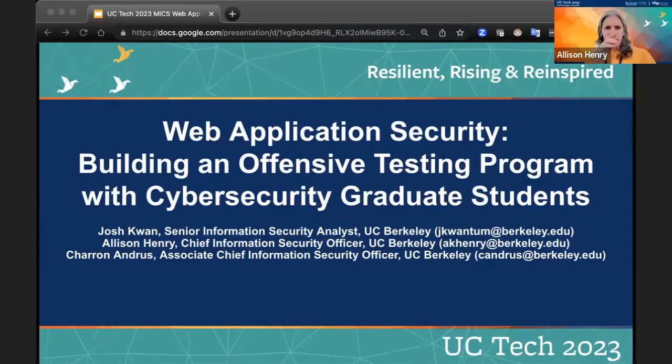I will say, while we wait for any additional questions, a couple of things we're looking at for the future on this: is there a possibility of doing any other type of red team testing with a similar program? So this is very focused on web applications, but maybe some network penetration testing could be another option. And how can we expand this model? I'd really love to see other UCs do this too, because I know that this is a gap that other campuses have as well, and it's hard to staff for. So please do look at the materials if you have any interest in starting it up. We're happy to help.